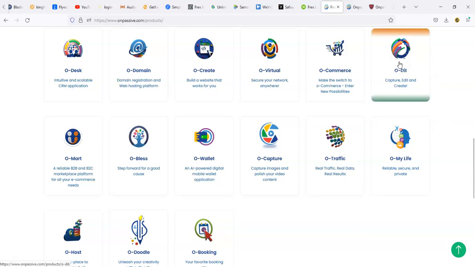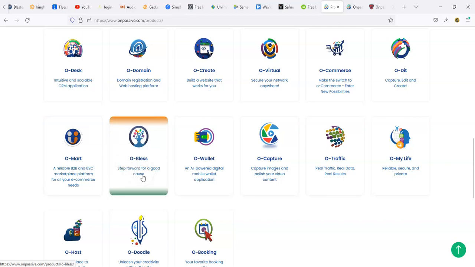So Odit, and we come down to Omart. Now I thought this would be one of the other ones, so I was wrong on that. So Omart says a reliable B2B and B2C marketplace platform for all of your e-commerce needs. So this one is more like the comp for Alibaba, not the other one. So I was wrong on that one. See, some of these programs sound similar, but I'm sure they're different. Right now, I can't distinguish the difference. So if you want to come back and check out the site, go ahead and check it out to see if you can figure it out. But until they launch the product and I actually see what it does, some of these are going to sound similar, but they're not.